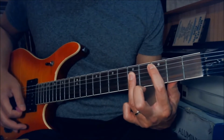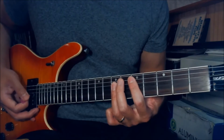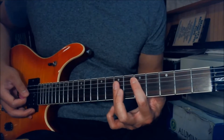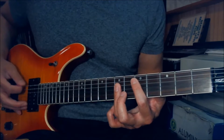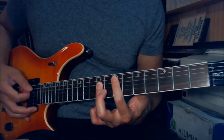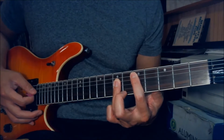So C, which is the 3rd fret. All right, so the first chord is D, the 5th fret, and you palm mute it on the low D string 3 times, and do it again on the D power chord. Palm mute on the low D string 3 times, and then you do an F power chord, E, which is the 7th fret. So you go 8th fret, 7th fret, 5th fret, D power chord,